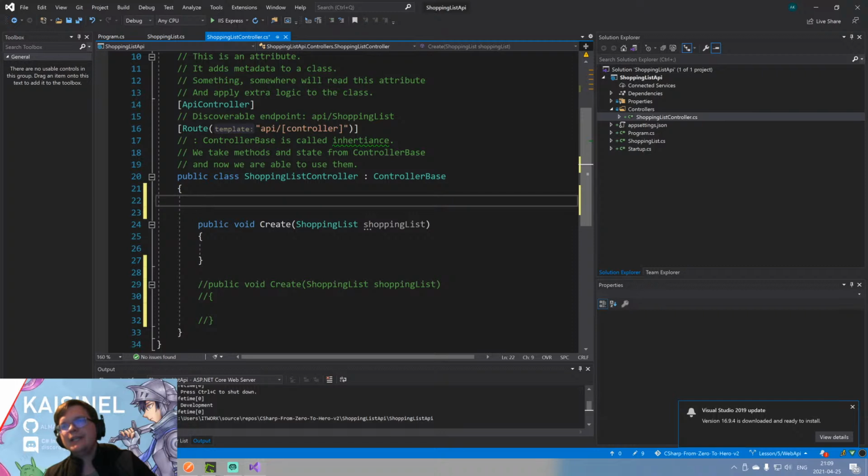Therefore, we need a place to store our shopping lists. There are many shopping lists, so I could create a shopping list array and call it shopping lists. I could do that, but there is something else